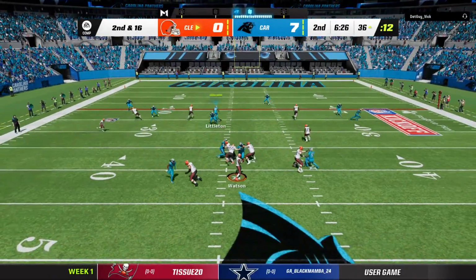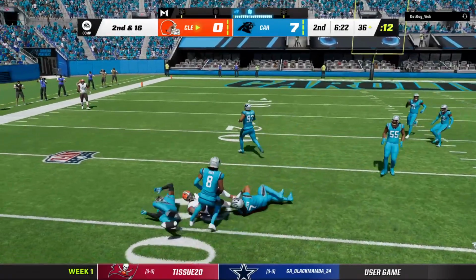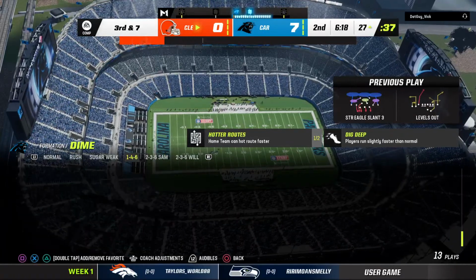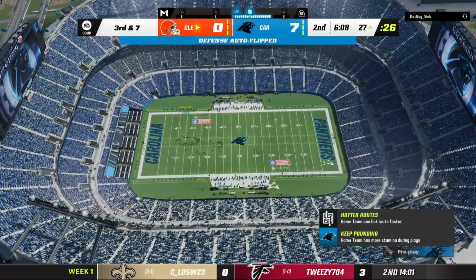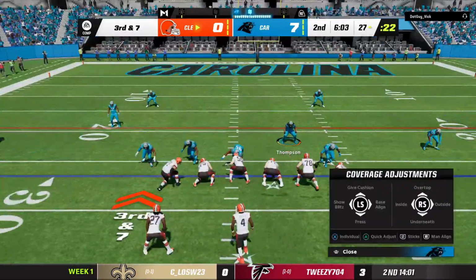Another try after the first down sack. Watson, this taken in by Jakeem Grant. And he'll be brought down at the 27. An 8-play drive to this point. So here's play number 9 on 3rd and